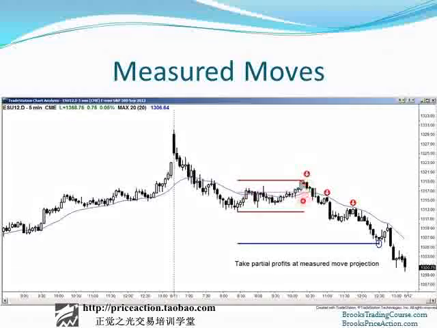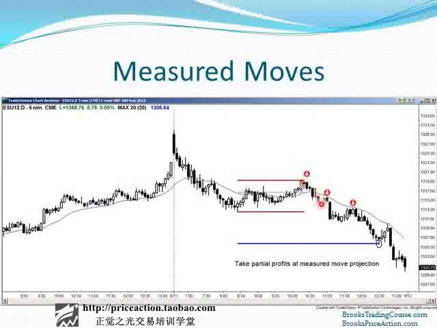One area where you might want to take profits is at a measured move down from the height of the range. So here's the top of the range, the bottom of the range, here's the measured move projection, and look what happened when the market got there. We had a little reversal, and that tells you that a lot of traders took profits there. It doesn't matter if they shorted up here,